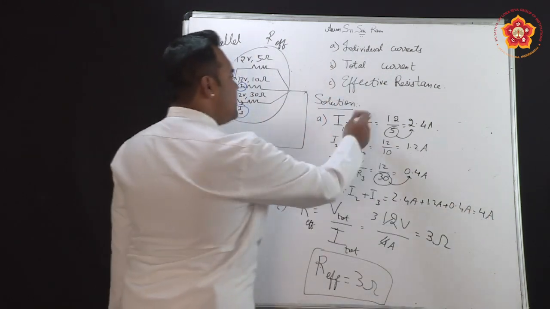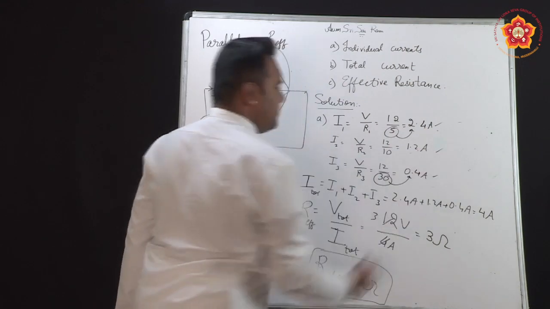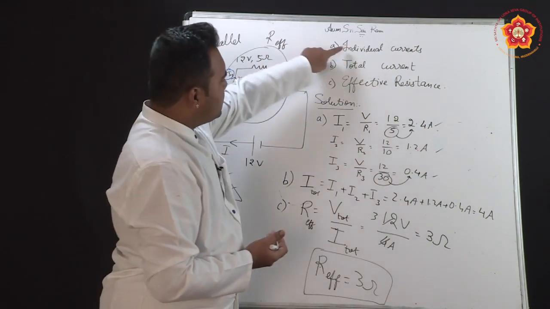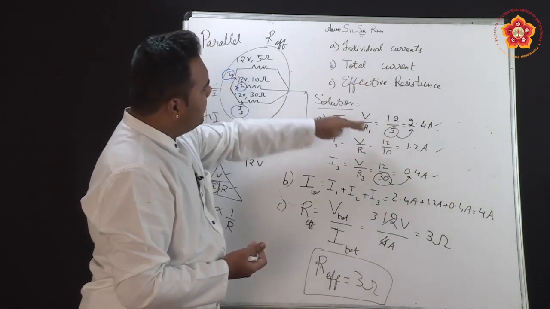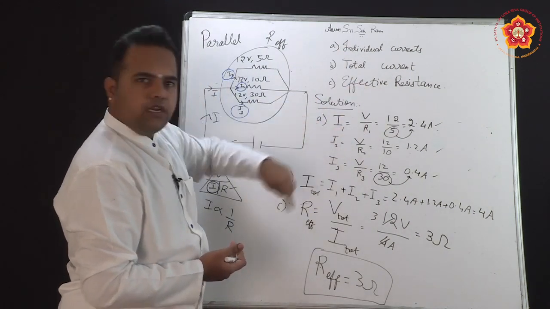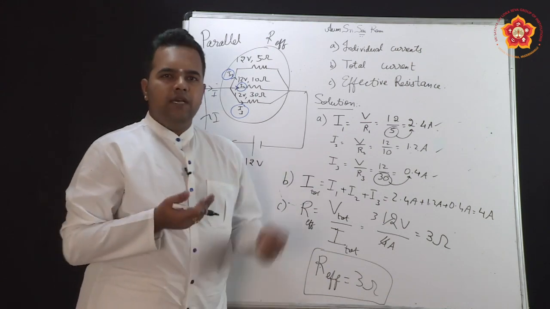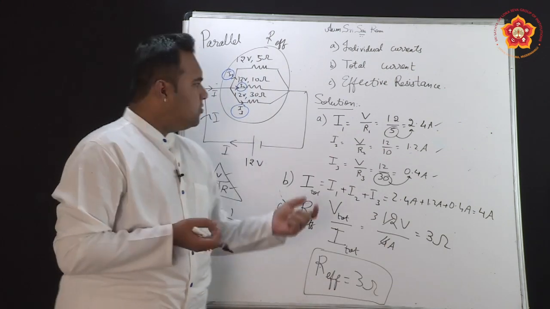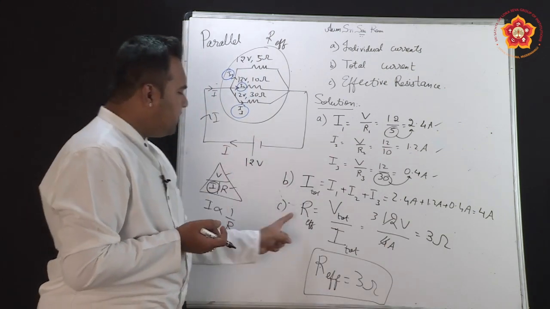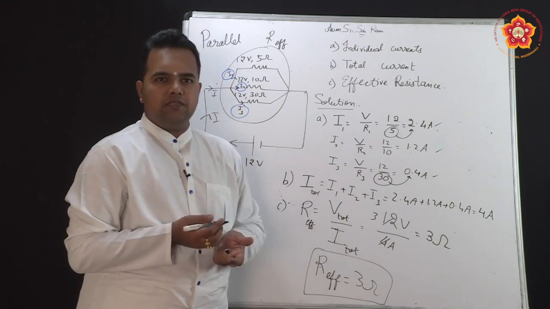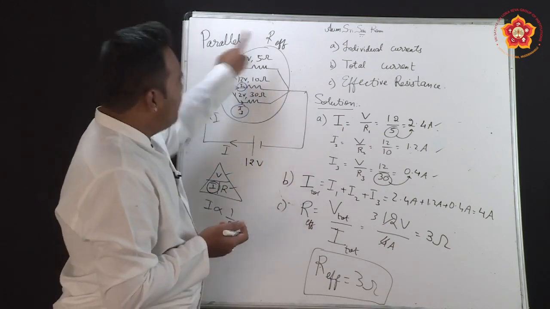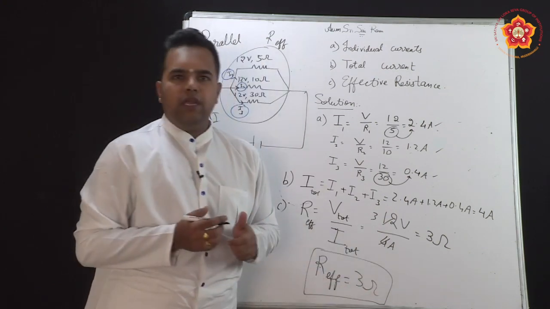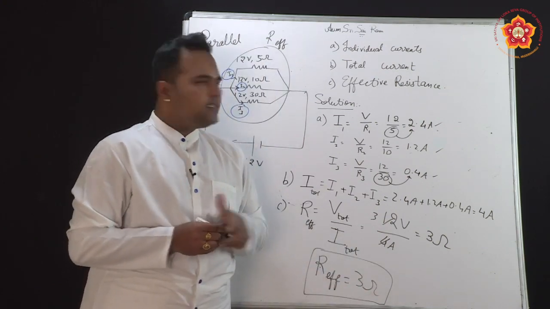So yesterday we started with calculating R effective first, then we went to the total current, step 3, and then step 4 we have found out all these 3. Now today what did we do? Alternatively, just because they have asked us directly what are the individual currents, I started by calculating individual currents. Once I get the individual values, I just add them up so that I get the total current. Once I know the total current, I know the total voltage, I can calculate total resistance or the effective resistance. So all 3 resistors connected together in parallel will give me final resistance of 3 ohms. So this is the alternative method.